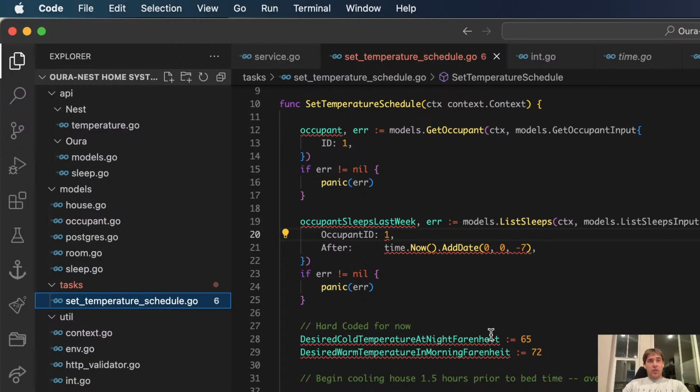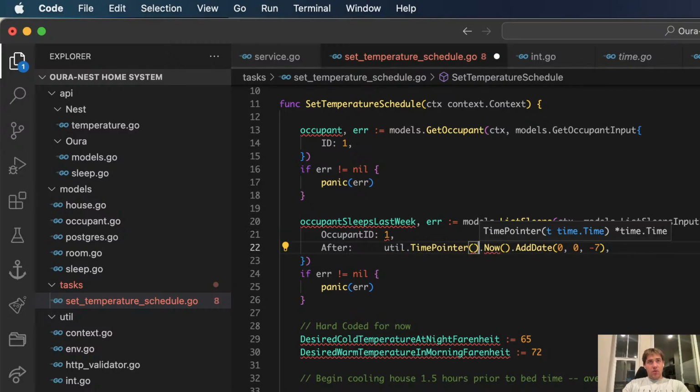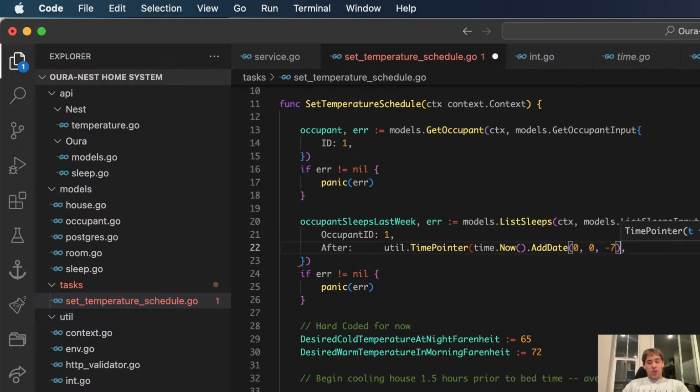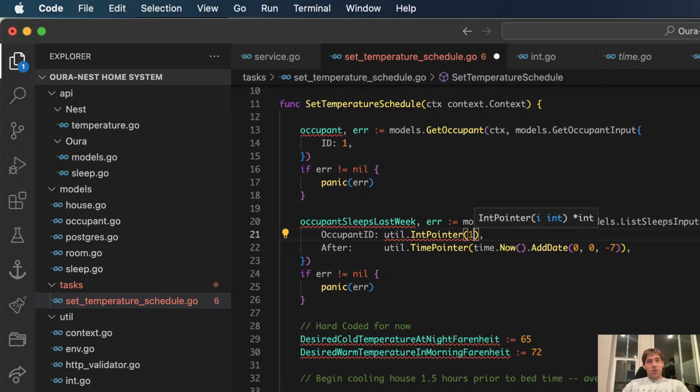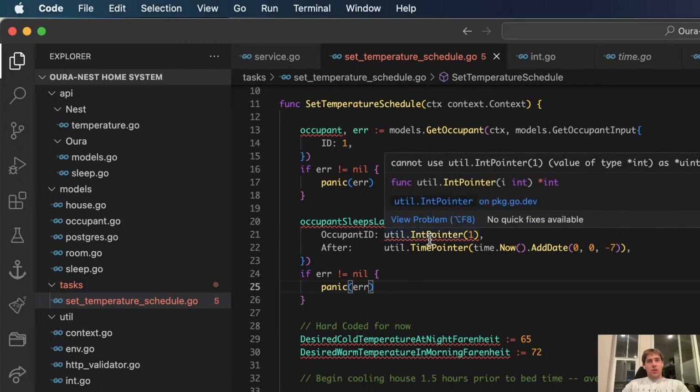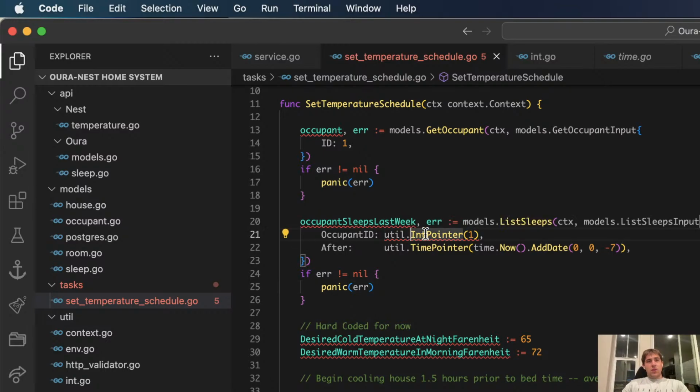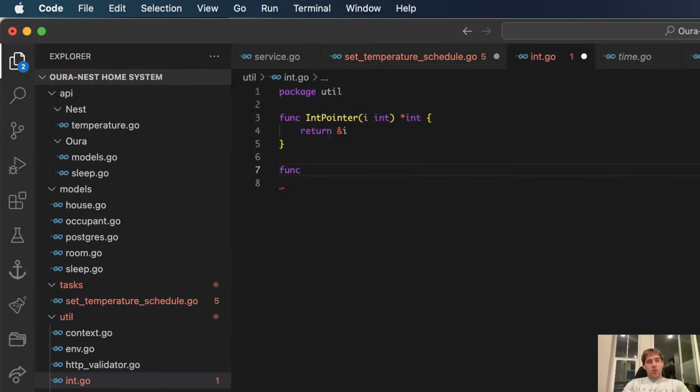Okay, so now let's go here. This is probably such a bad way of doing this, but I don't care. Time dot end pointer. Doesn't like that. Uint. Uint pointer.